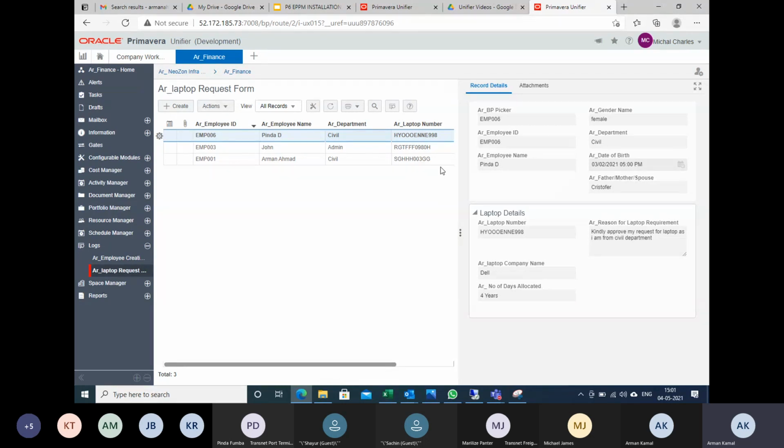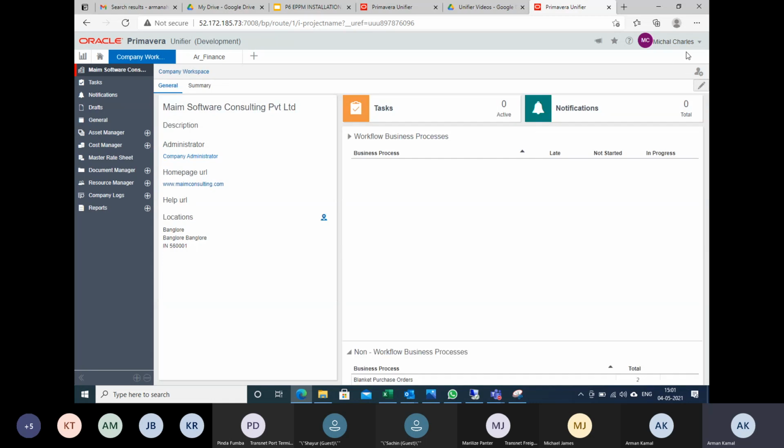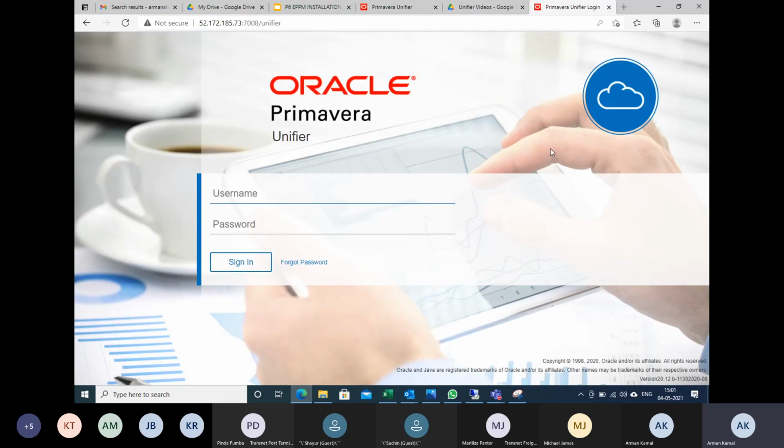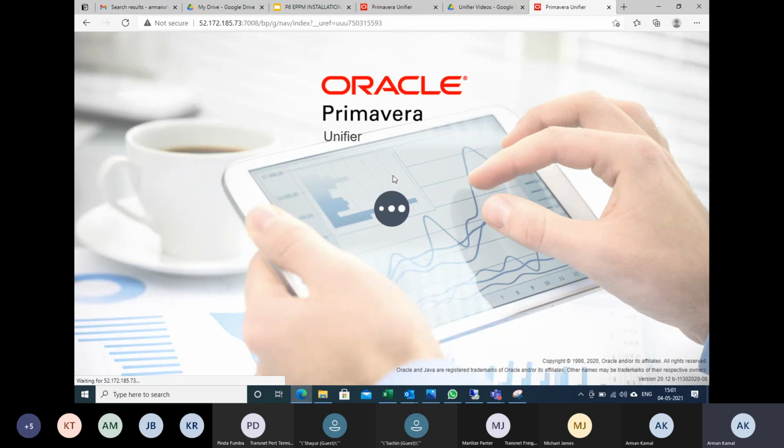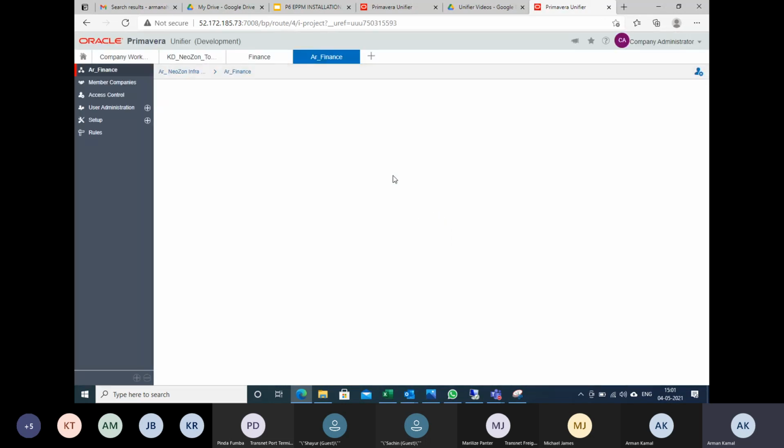So this is the entire cycle of how I created a cell. And by the way, I think this video which we made is very important. And now I am also going to refer to the same video because I didn't take any break and I completed the entire cycle. I created the shell hierarchy first, and then I went to the company administrator access, I created the shell, and I gave the access to the cell.